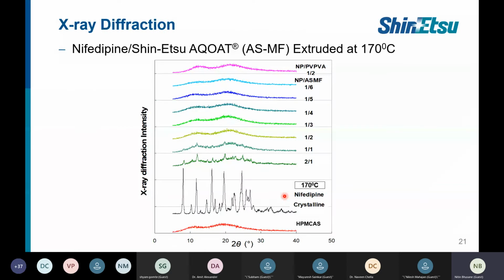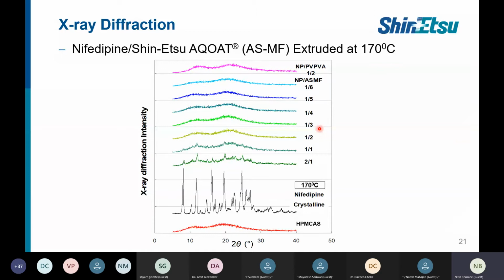And since we are checking for the solubility enhancement, drug dissolution, we were also checking whether the drug was completely converted into amorphous form or still remains in the crystalline form. As you can see, the red line indicates the completely amorphous HPMC acetate succinate, and the black is nifedipine, completely crystalline. As our HPMC acetate succinate proportion keeps increasing, your crystalline peak keeps reducing. So you are converting into complete amorphous form by the solid dispersion.